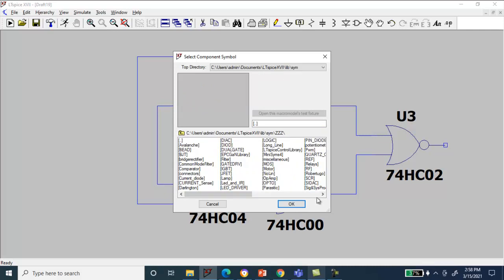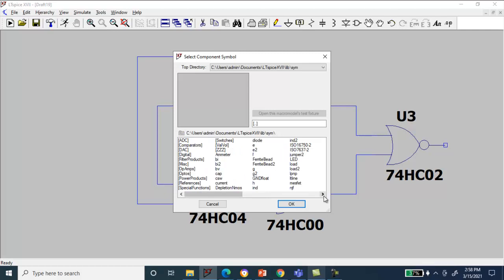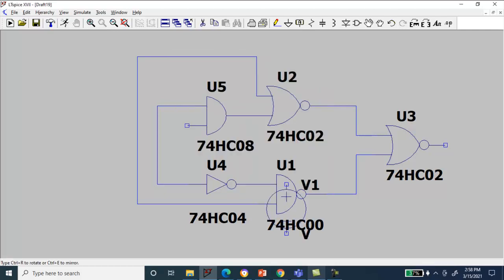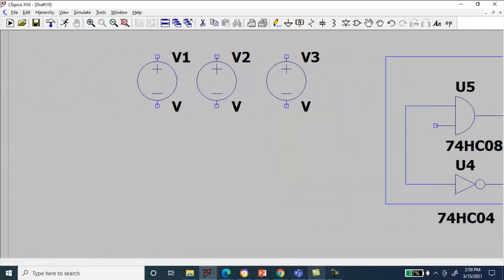So next, let me use this voltage source. Yeah, voltage. I need 3 voltage sources, A, B, C. Connect everything down.